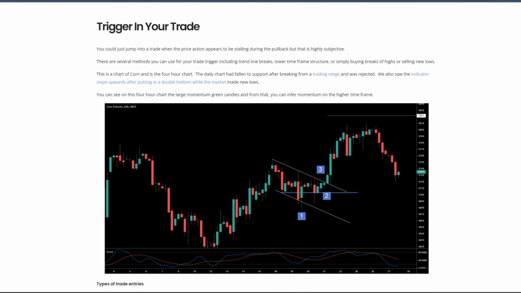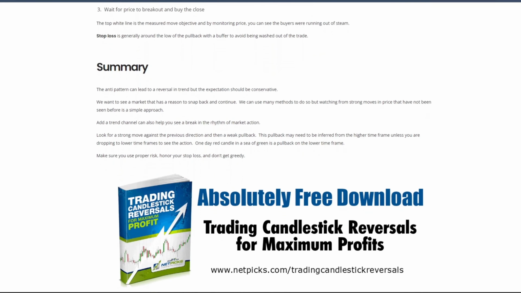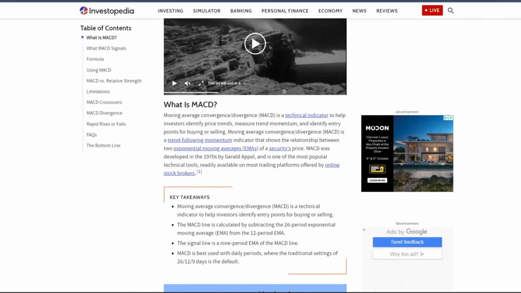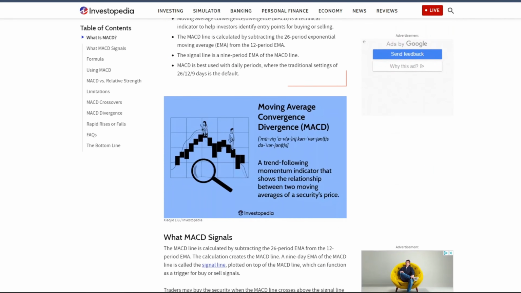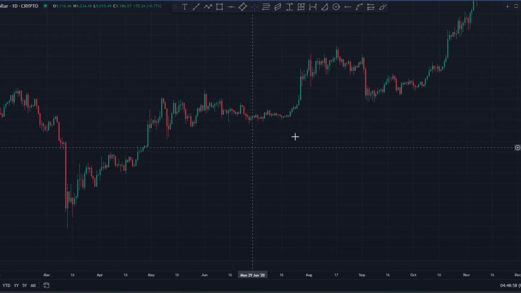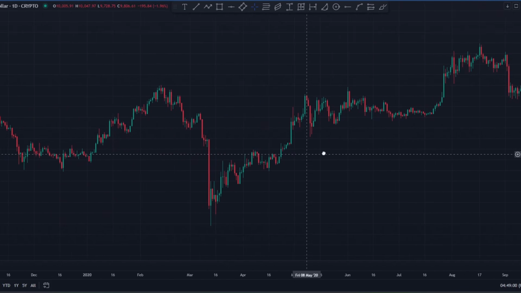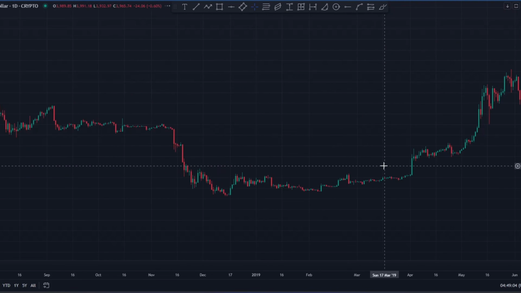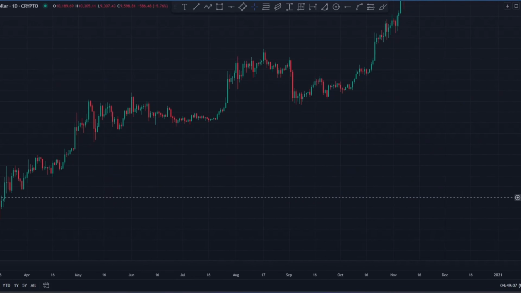But if you're not familiar with MACD, no worries. I'll explain it quickly. The MACD is a trend-following momentum indicator that shows the relationship between two moving averages of a stock's price. Typically, it's used to identify changes in the strength, direction, momentum, and duration of a trend. But here's the twist. Linda modifies the MACD settings to make it more sensitive to smaller price movements and to spot those crucial pullbacks. Let's dive into those settings.